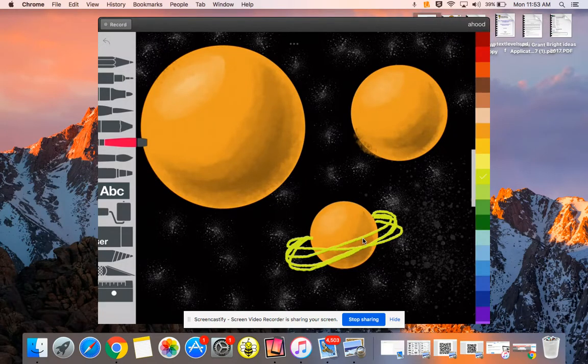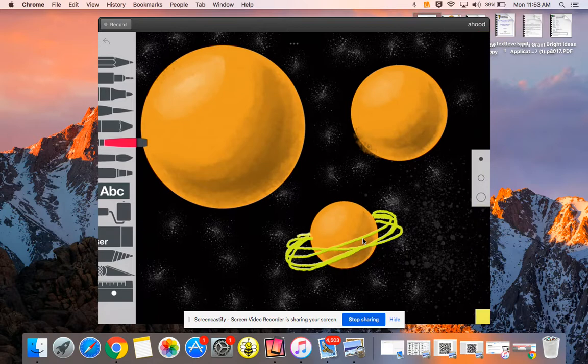Maybe I want to add in some actual yellow rings now. And if you want to draw anything to decorate your space background now, you can draw in an astronaut, you can draw in a rocket ship to make it look a little bit more believable. But otherwise, you're all set. You have shaded your planets. They look like actual